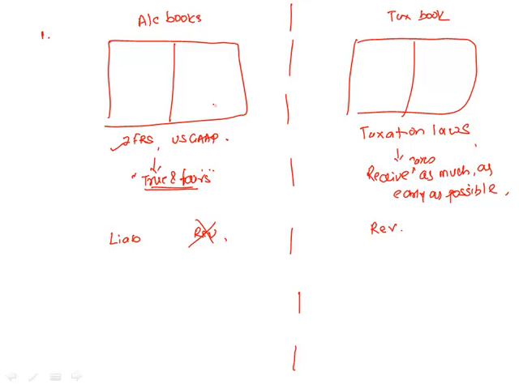Now in two separate financial statements, because rules are different, profit would be different. Let us say profit here happened to be 200, but profit here happened to be 150. If profit is different, the amount of tax we will calculate is going to be different. So we have some hypothetical amount of tax. Let me say this is 60. Let me call this tax amount 45. But which is the amount of tax we are actually going to pay, 45 or 60? 45. We will pay taxes as per the tax book.